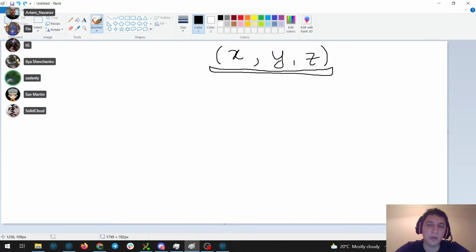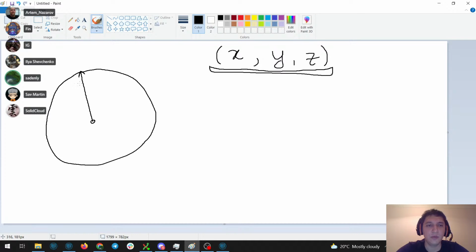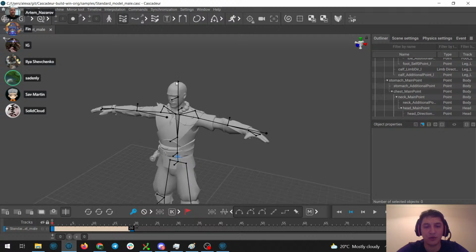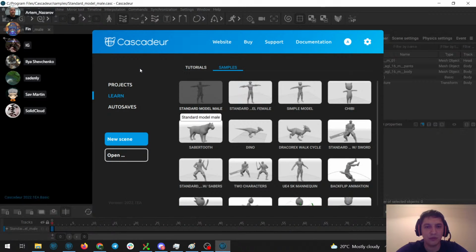That is not a problem only for rotations. The same problem goes for, for example, coordinates on a sphere, which is essential to us because our point controllers are located on a sphere around this directional controller. Okay, let me open it here.